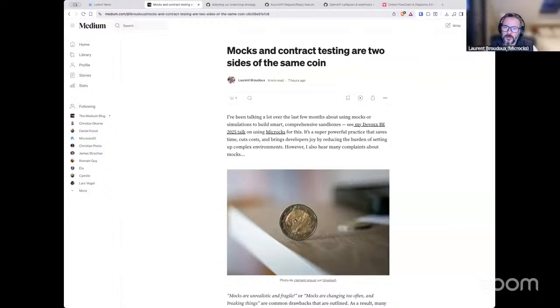We talked a lot this last month about providing sandboxes as a service. That's the GSMA use case, and what I also talked about during the DevOps event, for example. We also get complaints about mocks, because sometimes building mocks is complicated, and mocks do not really fulfill all their promises.